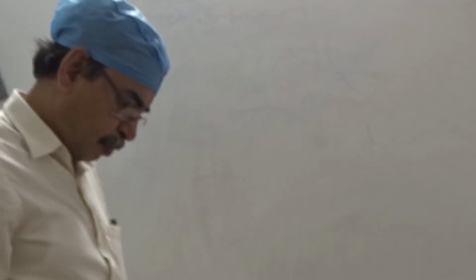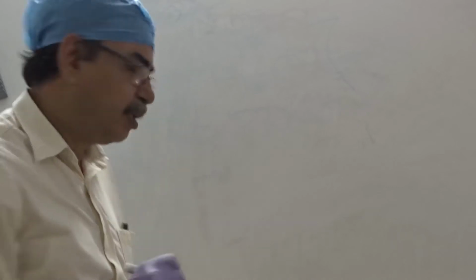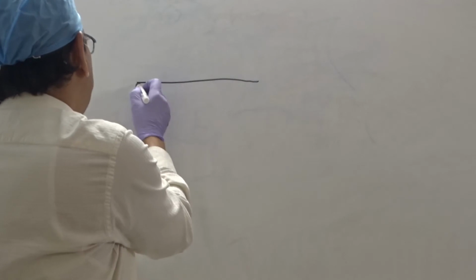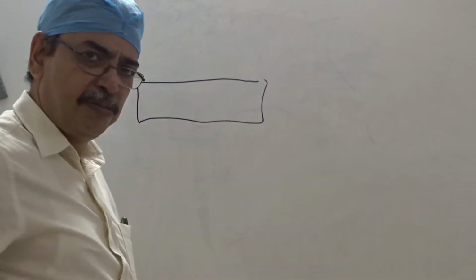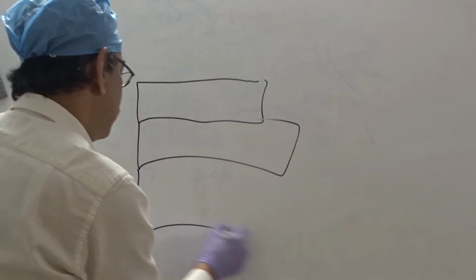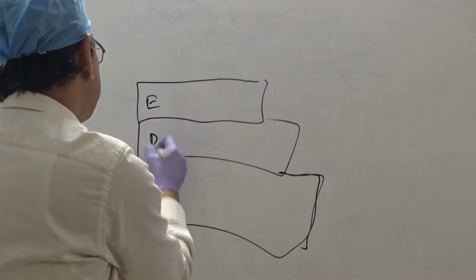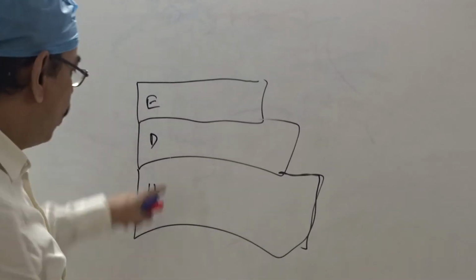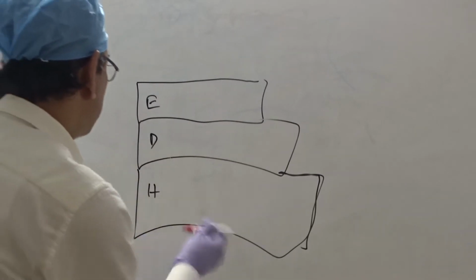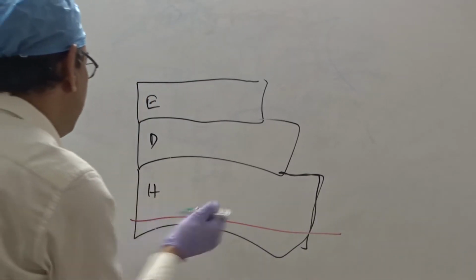the viscera. Here I am drawing the structure of the skin. Most of the receptors are there. Here in the skin, the superficial layer is the epidermis, then the dermis, and finally the hypodermis, which is also called subcutaneous tissue. Through the subcutaneous tissue, lots of blood vessels and also the nerves travel through this area.